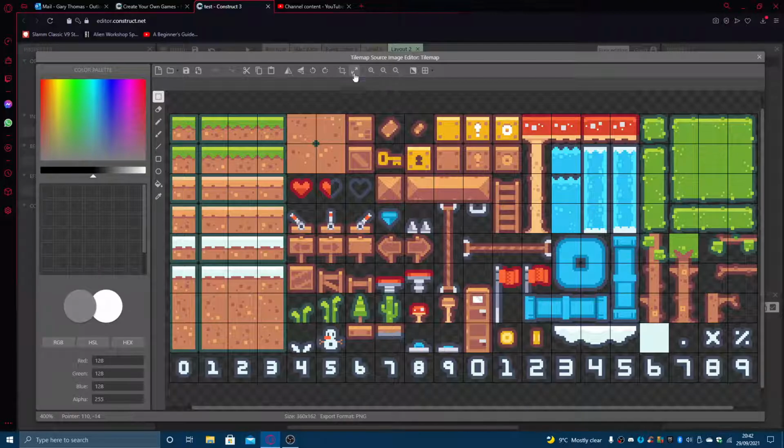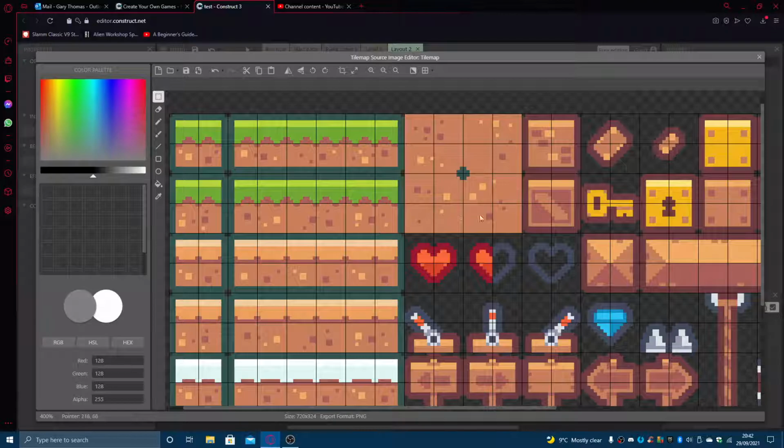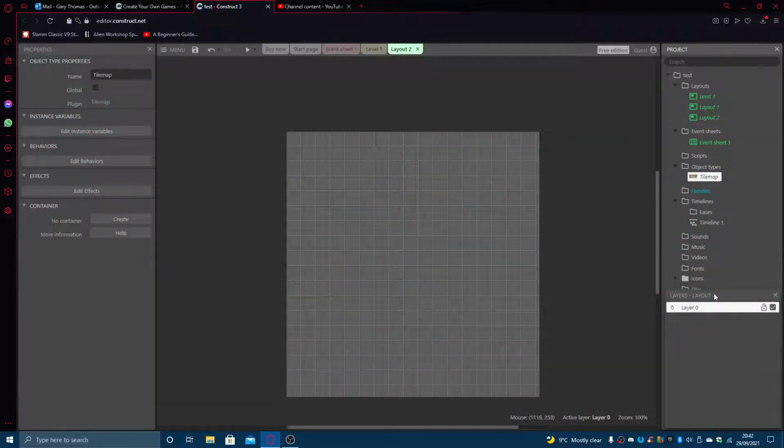You've got a shortcut for that, Alt and R as well. The size of this sprite sheet in total is 360 by 162, so we're looking at wanting to make that bigger. If you tick keep aspect ratio, you're not going to get any weird stretching or warping. So if we double 360, that's 720, and that doubles the bottom to 324. If we click OK, you can see everything's doubled, but it's changed the grid up a little bit. So if I just go back,